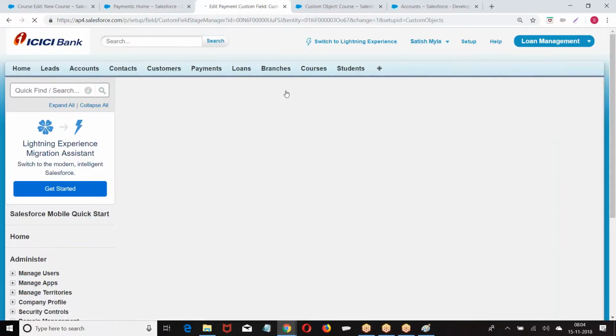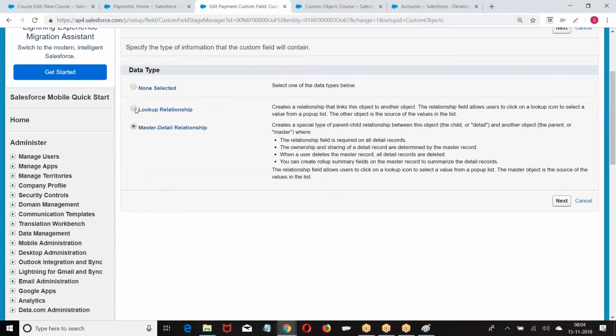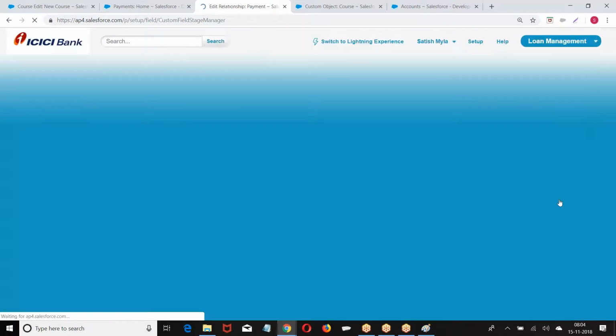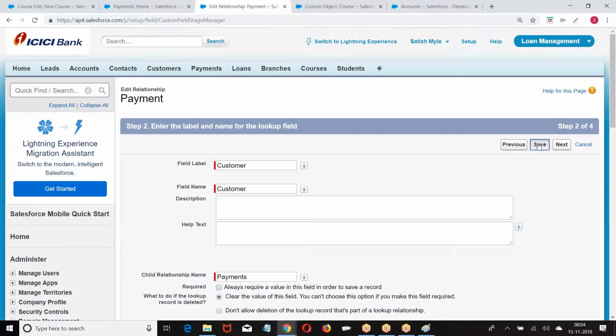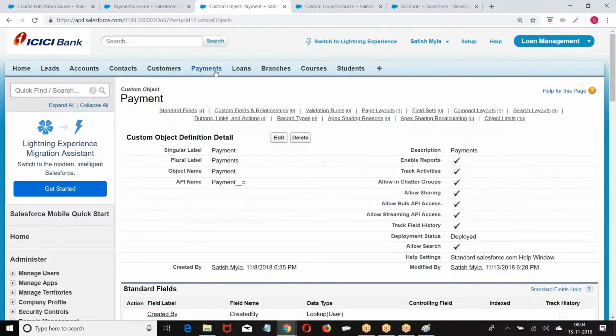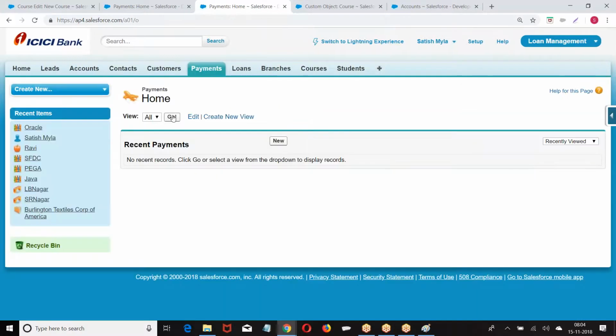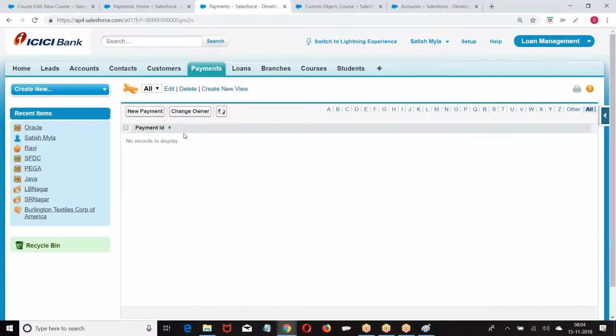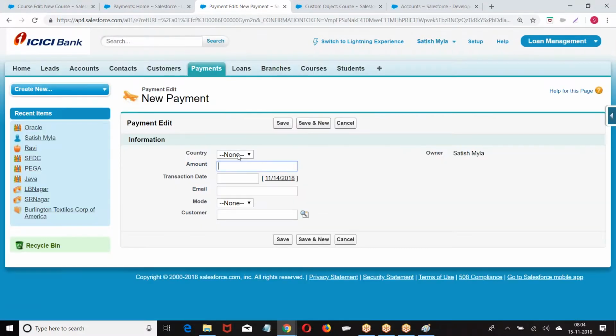Change the field type, converting into... Already in the payment object there is data. No data, no issue. Now let me create. When it is not master detail, payment has its own owner. Payment record has its own owner.